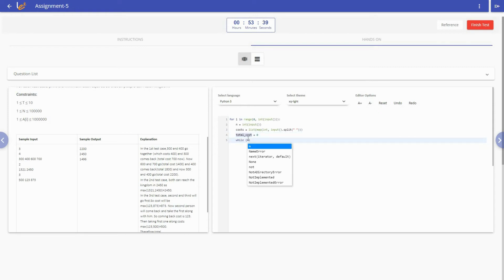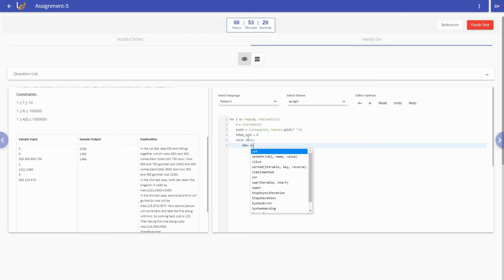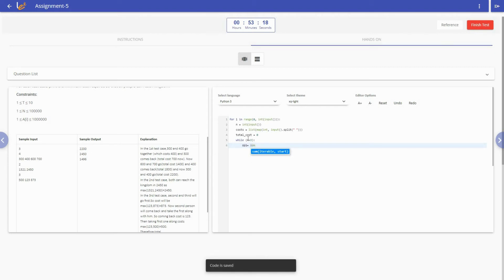So while n is greater than 3, in that case there will be two operations. So op1 would be basically cost of 0 plus